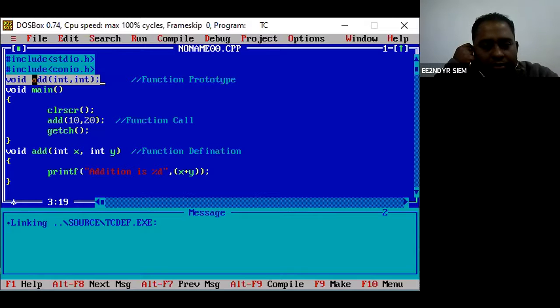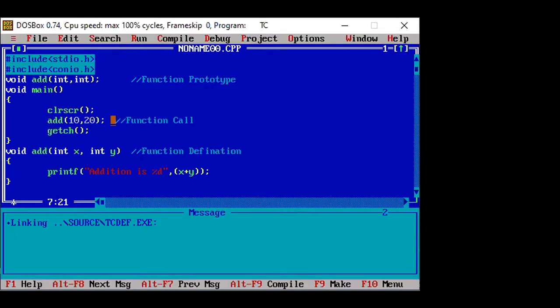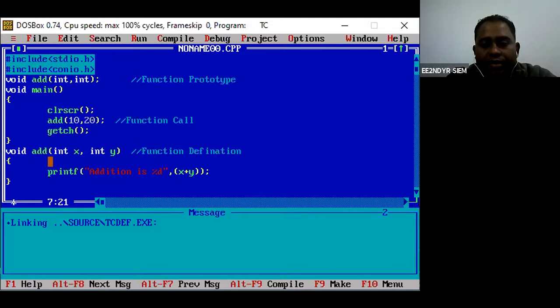But I know what this function is all about: it is about addition and it is going to take two arguments. The names of the arguments are not defined till now. So this is the function prototype. Then I have to call this function, so this is the function call, and the actual definition of this function has been written out here. Is it clear to everybody?